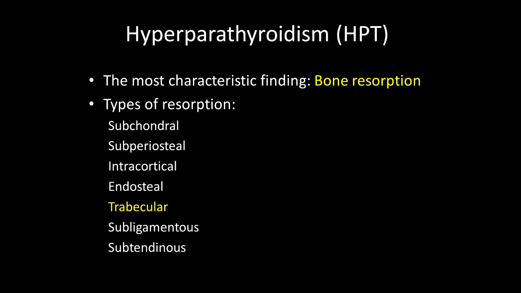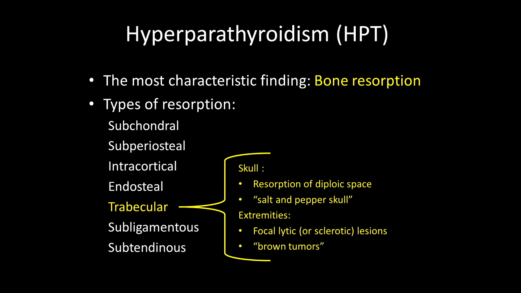Next and final are the trabecular bone resorption, and here two patterns are seen. The first pattern is really limited to the skull, and it has the characteristic appearance of salt and pepper. So the salt is the normal bone, the pepper are the resorbed bone cavities that are due to hyperparathyroidism. When these collections get larger, as they frequently do in the extremities, these focal lytic, and when they're healed, sclerotic lesions go under the name of brown tumors, and these are basically large collections of osteoclasts resulting in marked resorption